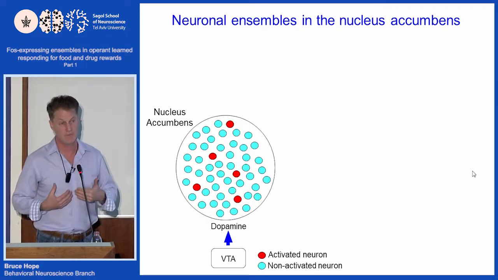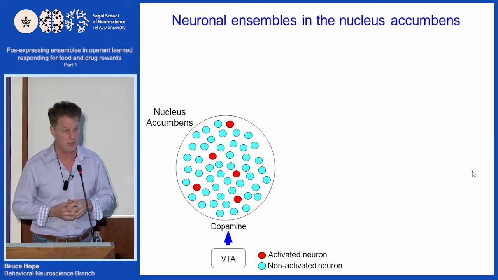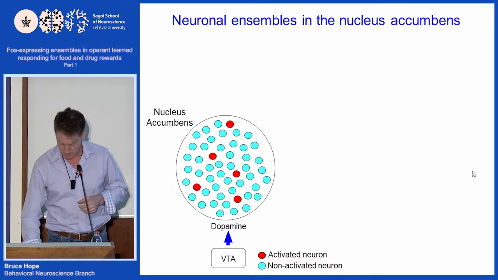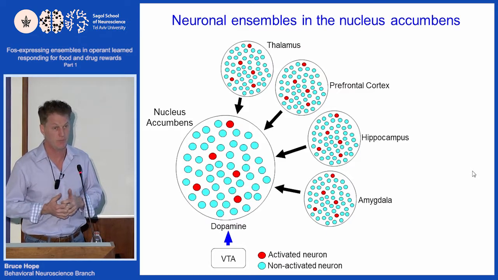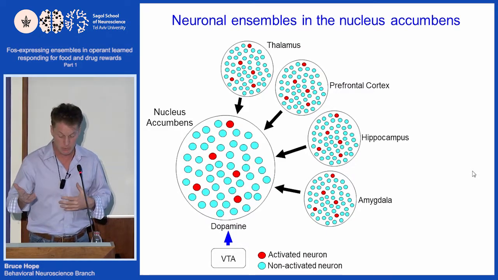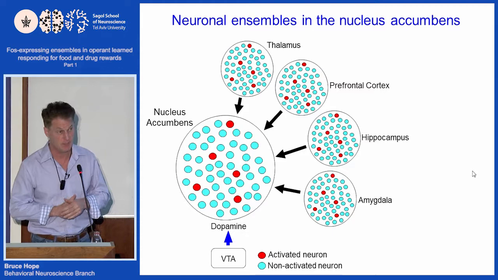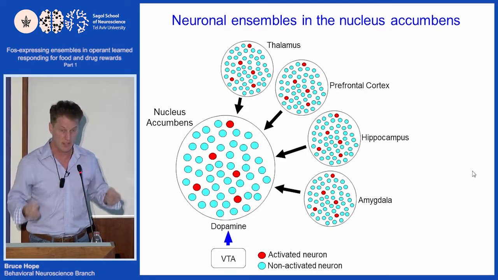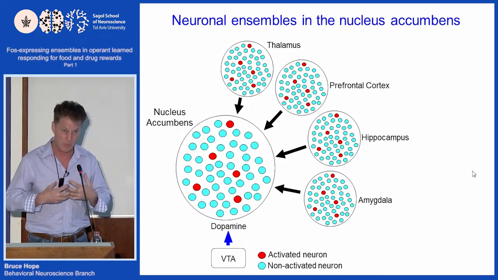I'm going to start. The first story is looking at an area of the brain called the nucleus accumbens. And this brain area basically takes information from a number of different sources, including the thalamus, prefrontal cortex, hippocampus, and amygdala. It takes this excitatory information and integrates it. Those neurons that receive the most